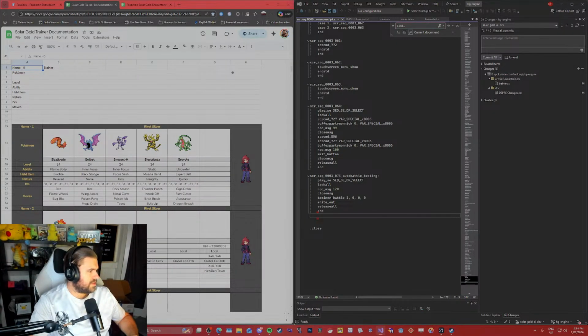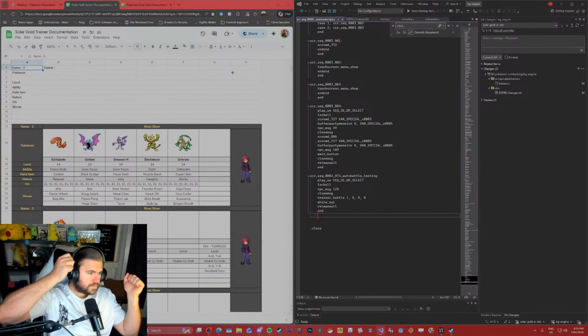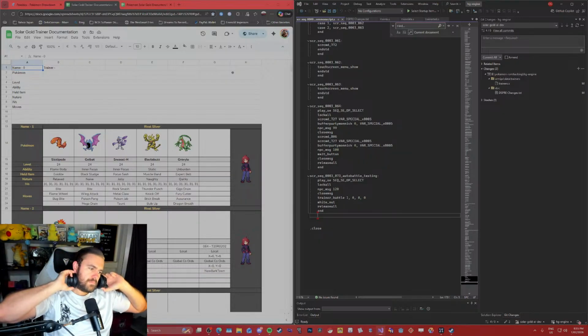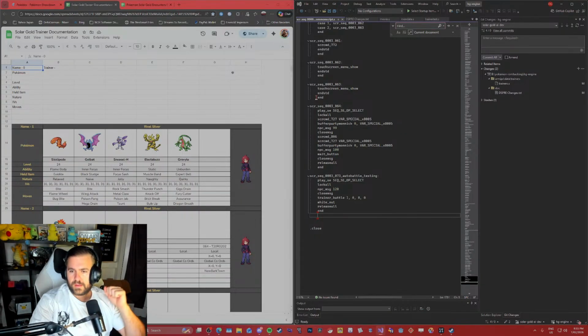What's the difference between VS Code and this one then? What's the difference? Why are you doing that then?